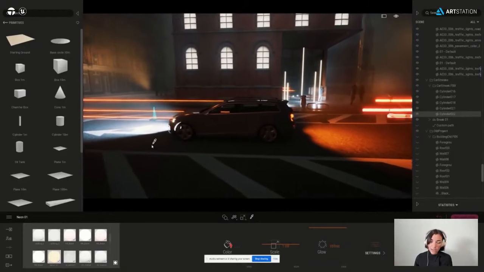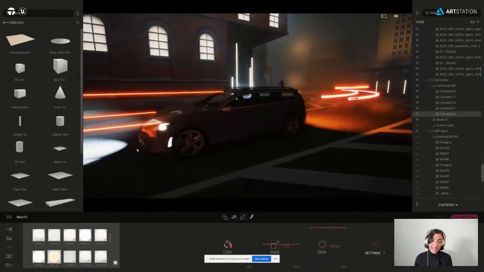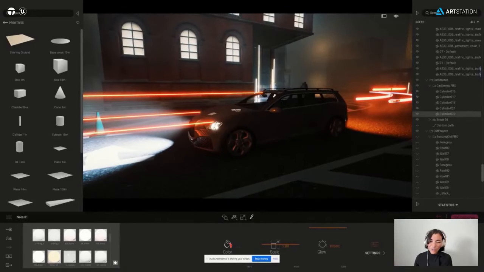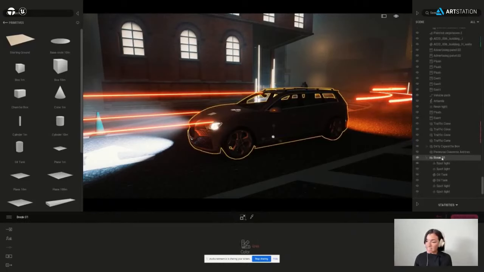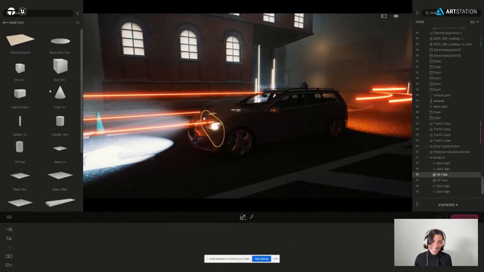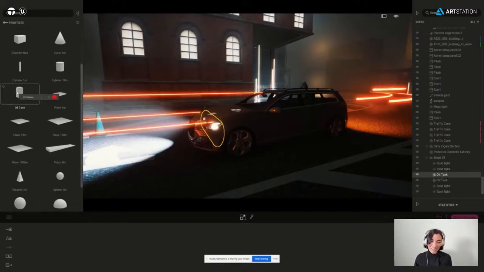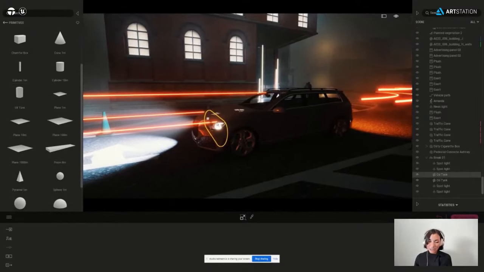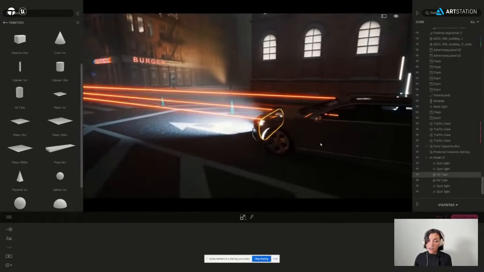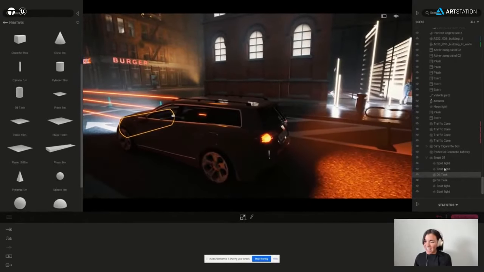I'll also take a look at the car, and you'll see that there are some really nice headlights in here, getting that atmospheric flow that we showcase with the spotlight. For this car, he did bring in a few elements. If I click on the car, you'll see that he has this brake 01, and we have some spotlights in here, as well as an oil tank. The oil tank he brought in from the primitives on the left-hand side, and then he added the light material to them to showcase the lights turning on and off in the car. This sets up the car with all of the elements needed. And then you can put it